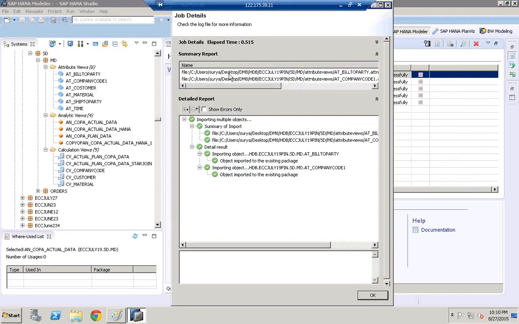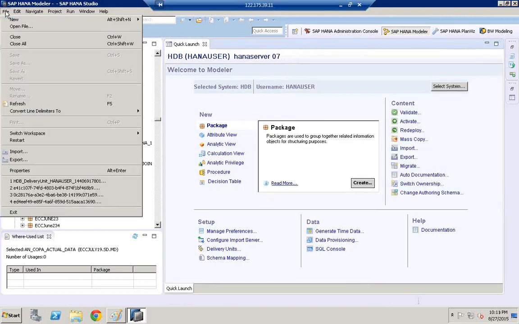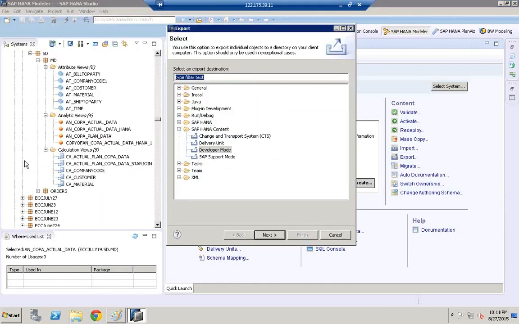So this is the path from where it got importing. In this way, you can use delivery unit and developer mode to export objects. The last one, if you click File, click Export, you see there is also something called support mode. Use the export option only if SAP support requests you to export content objects for any support purpose to server